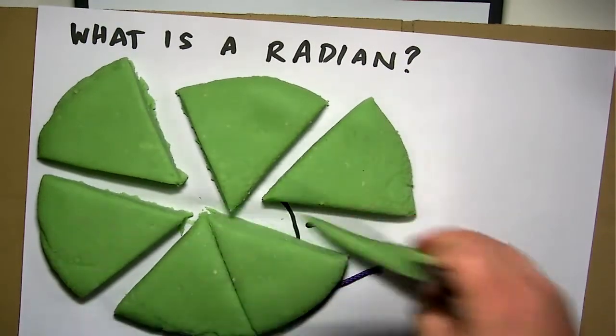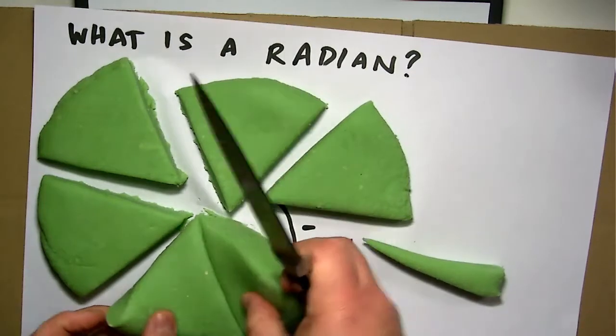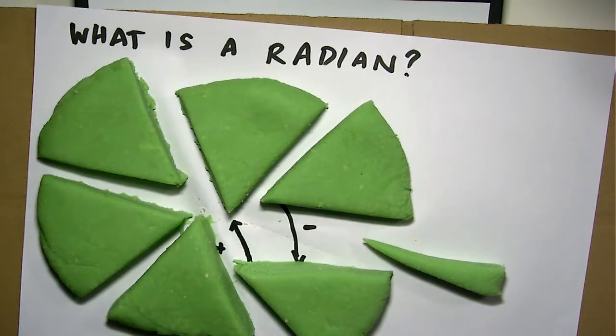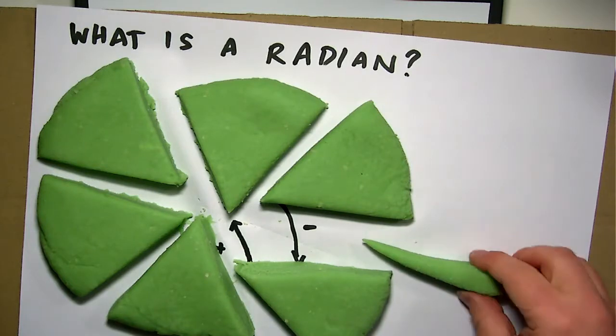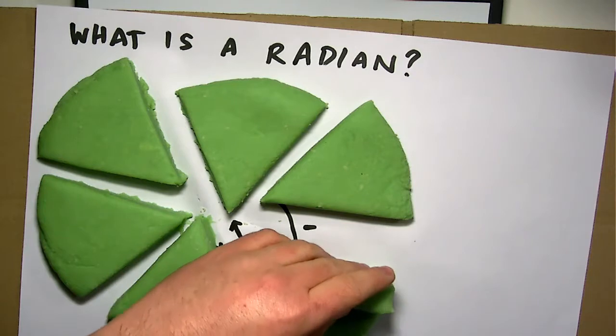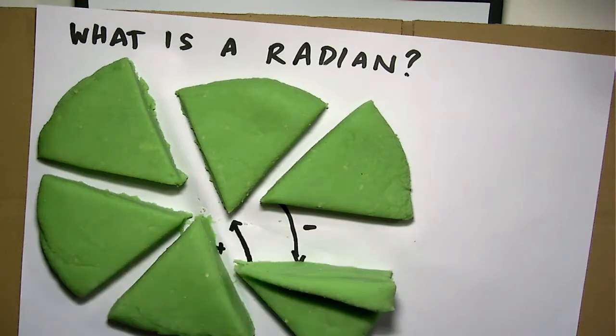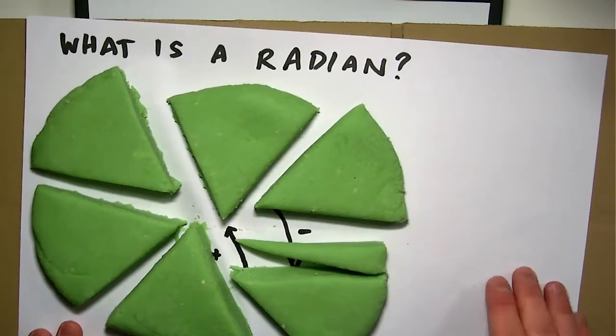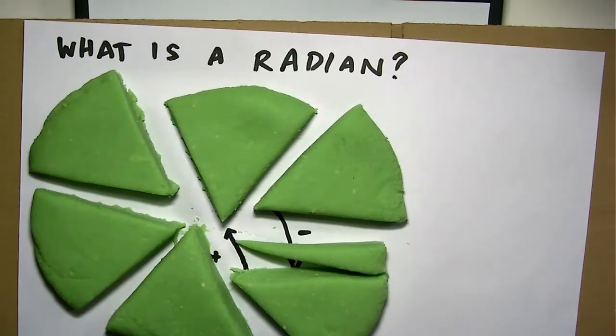And a bit left over. Okay, so it looks like there's 6, but a bit left over, and this bit left over, well, it's hard to say, but my guess is it's about roughly a third of one of those other pieces. So it looks like about 6 1/3